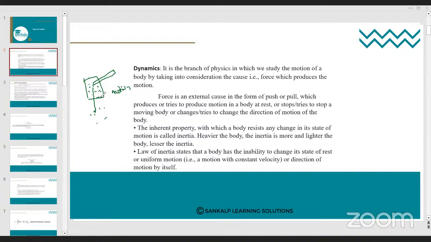So why it is happening? Why the dust particles are getting detached from the carpet? Because here whatever the carpet is there, that is coming to motion because of the stick, but whatever your dust particles are there, it wants to be in the state of rest. Therefore one motional ಬರ್ಲಿಕ್ಕೆ try ಮಾಡ್ತಾ ಇದೆ, one rest ಅಲ್ಲಿ ಇರ್ಲಿಕ್ಕೆ try ಮಾಡ್ತಾ ಇದೆ. Therefore here the detachment of the dust particles takes place.